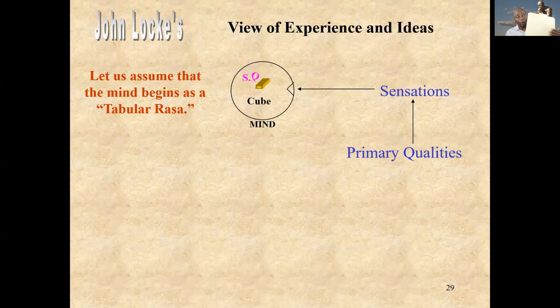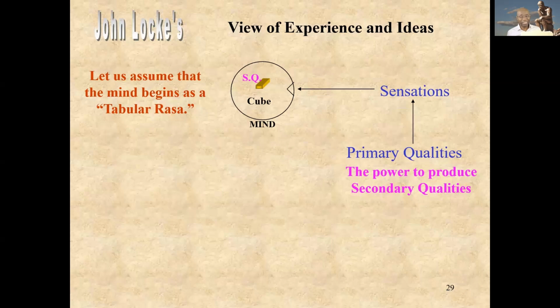It's like there's an optical illusion. The shape is out there for real, but the color is only in your mind. What you have in the world is that the primary qualities have a power to produce those secondary qualities. They have the power to produce it in your mind. It's an optical illusion. George Berkeley, the next philosopher we need to discuss, is not going to agree with this